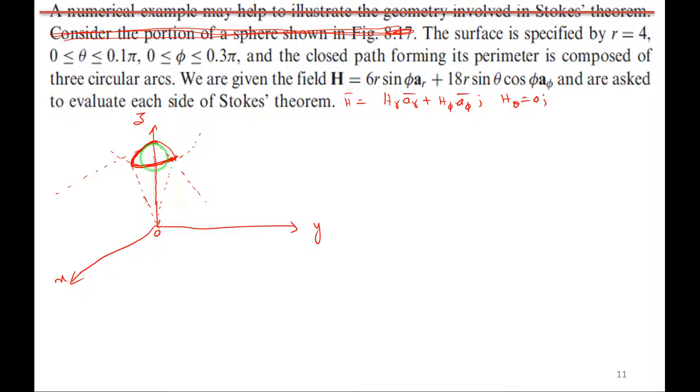And the radius is 4. Then what about theta here? It is 0 to 0.1 pi, right? From here to here, I measure 0 to 0.1 pi. Is it fine? Okay, let me write, this is 0.1 pi. Here it is 0 and here it is 0.1 pi. That is the angle. The next, phi, from this surface to this surface: phi is 0 here, and it goes from 0 to 0.3 pi. So this one is 0.3 pi. I hope you are getting it. And r is 4, I hope you got the surface.